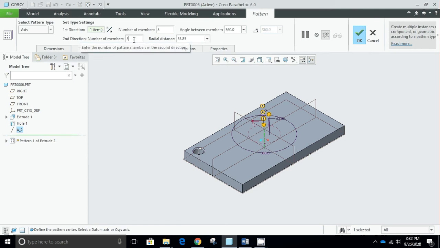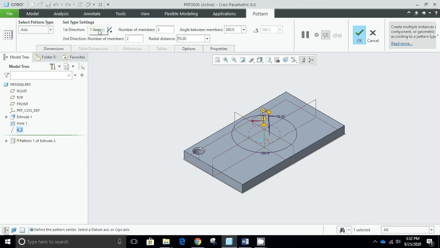Similarly, radial direction can also be increased. Second direction is radial direction, and radial distance can also be increased or decreased. I will be having 2 radial members, and the radial distance is 70 units,